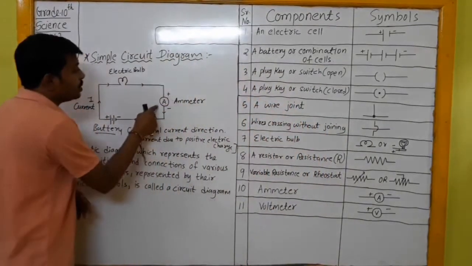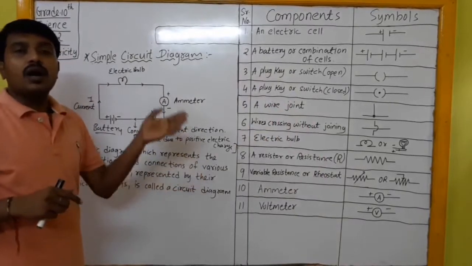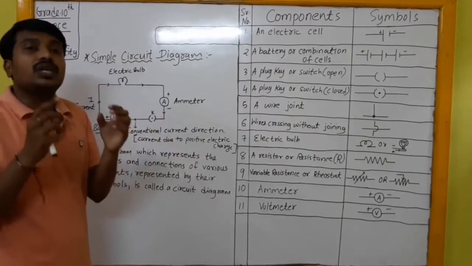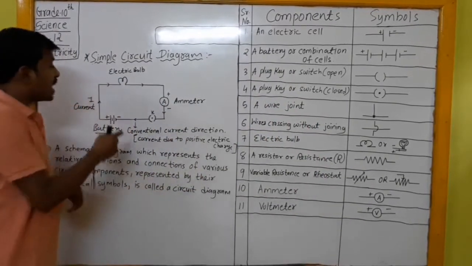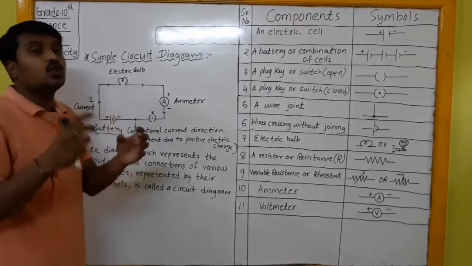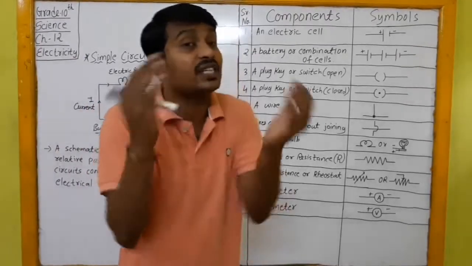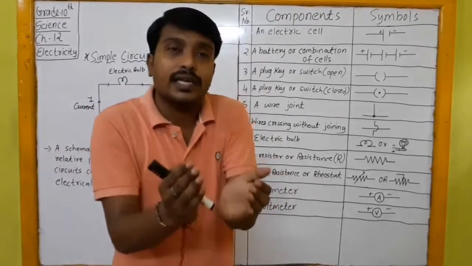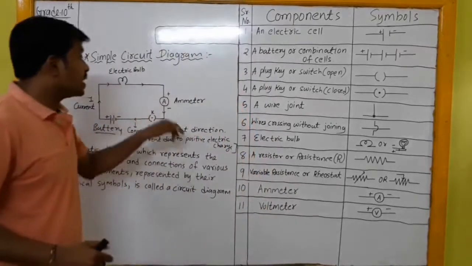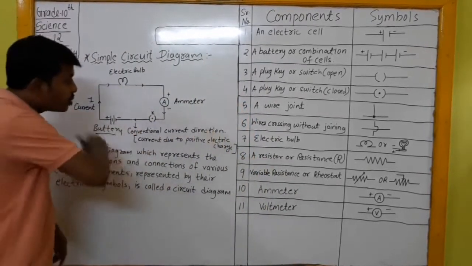Apart from this, you have this A, which means ammeter. This ammeter will measure the electric current produced due to the electric charges coming out of this battery. Okay, whatever electric charges flow because of the battery, due to that flow of electric charge, electric current will be created. So who will measure that electric current? Ammeter. So the ammeter will measure the electric current flowing through this circuit.